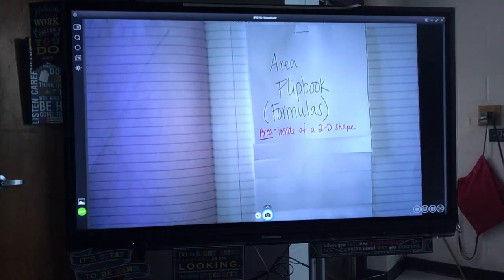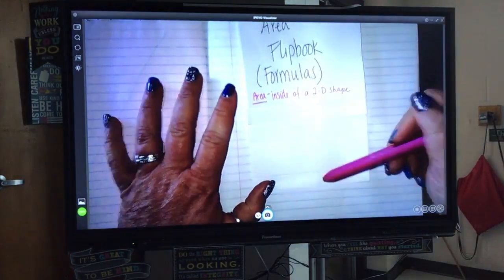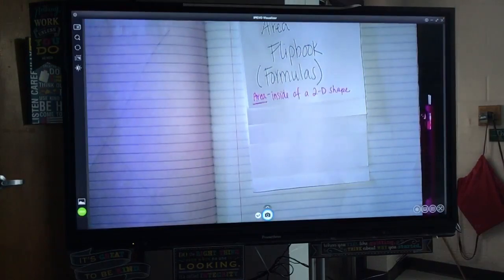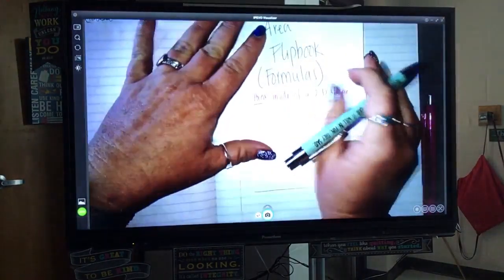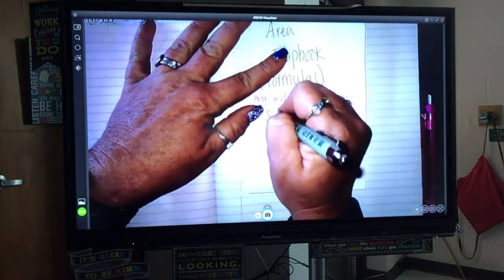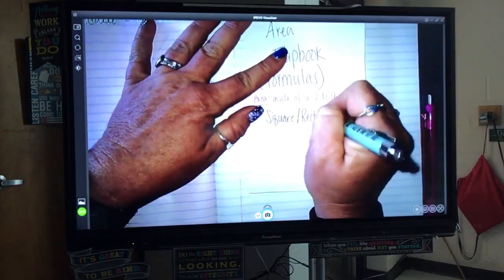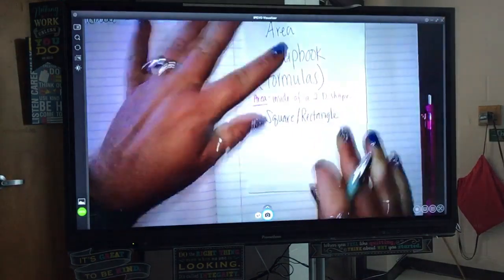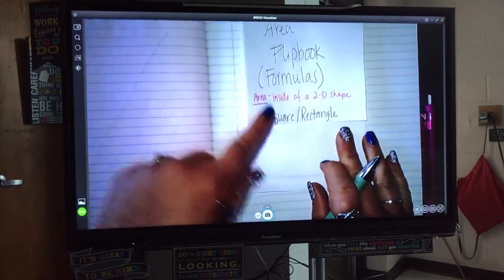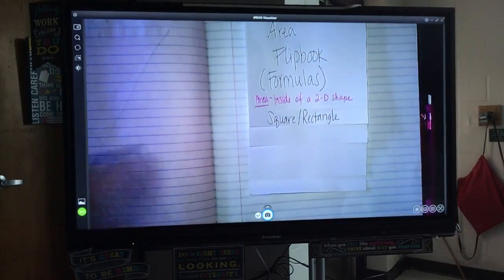Now, underneath, you should have 1, 2, 3, 4, 5 flaps. On the first flap, I need you to put square/rectangle. See how you have this one, the very first one that has a lip? So square/rectangle goes here,